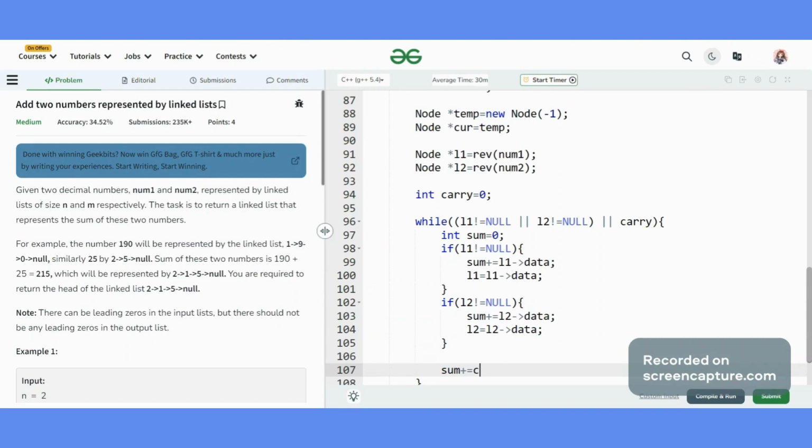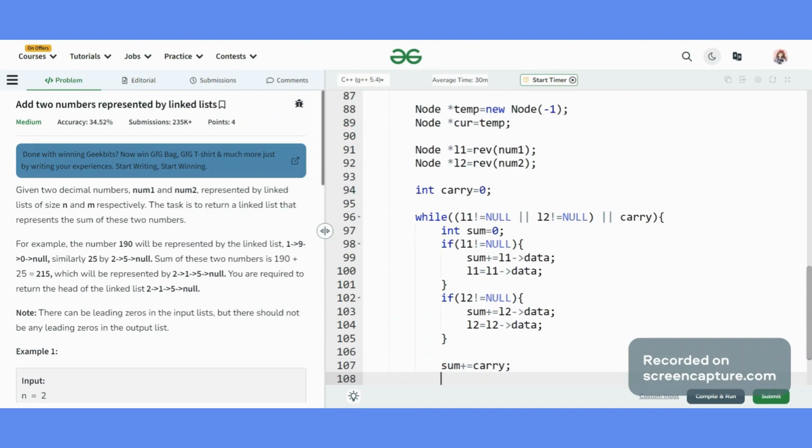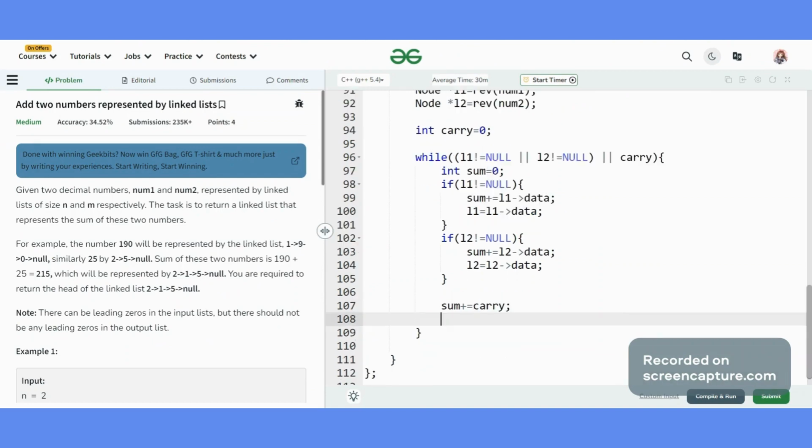And there are also chances that we will get a carry. So at last we will sum up the carry. Sum mod 10 is done to take the digit.